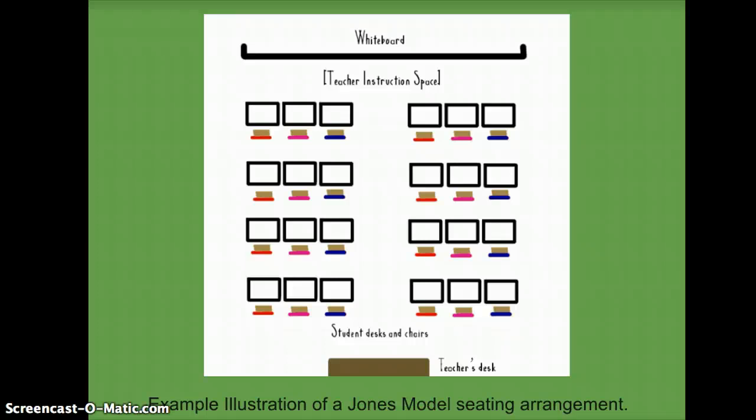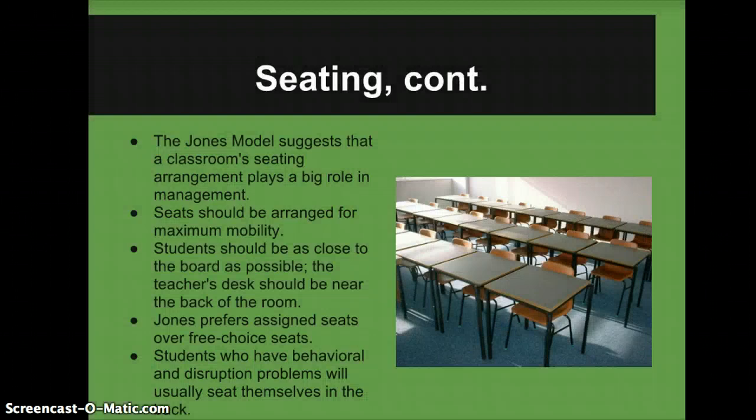The teacher's desk is near the back, and the whiteboard is near the front, and the teacher occupies most of the front of the space, conducting the lessons, and the students are kind of grouped in these little pods. And of course, you can use more tables rather than desks if that's what's available. Kind of going into detail about this seating arrangement, students who tend to have behavioral problems and disruption,